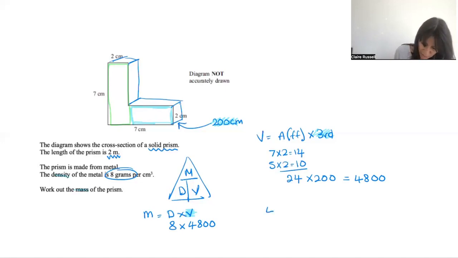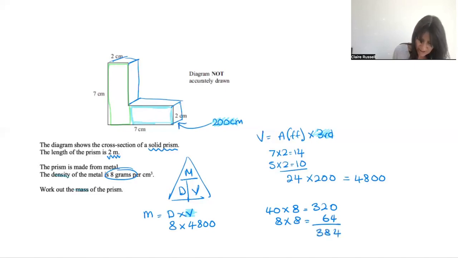So I'm going to do 40 times 8, which is 320. I'm going to do 8 times 8, which is 64. I'm going to add those together, which is 384, and then add those 2 zeros that I ignored from over here, get those added back in, and that